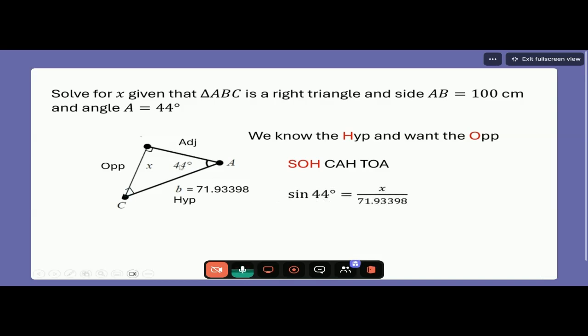Sine of 44 equals the opposite x over the hypotenuse. We could have put b there, but we might as well put the number because we know what the number is, right? Again, you should know how to solve this equation from here. If not, go back and practice the more basic types before you're tackling a multi-step trig word problem. So you should end up with x equals 71.93398 times the sine of 44. Again, I would work out the sine of 44 first, then multiply by that number, and you will get 49.97